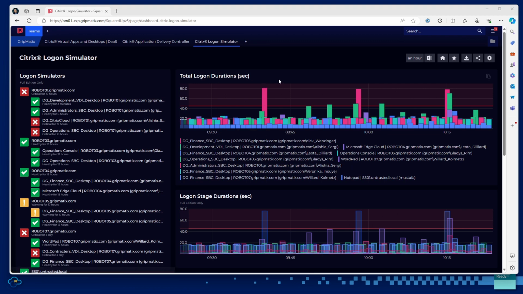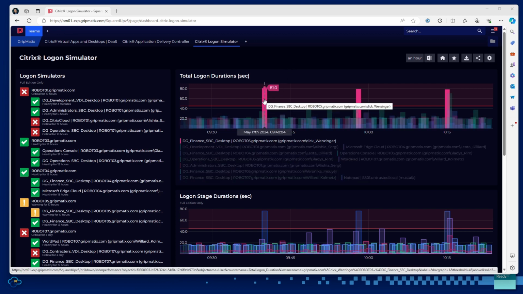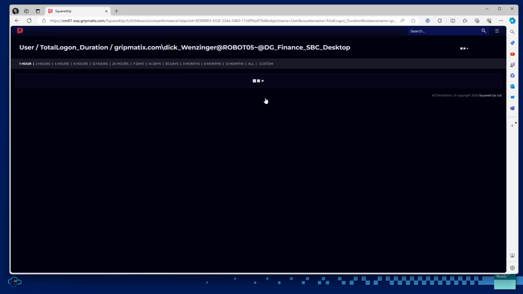And as you probably noticed, in this particular widget, you can see that there are apparently a few logons that have pretty high logon durations compared to the rest of the logons. And I can hover over this particular logon duration, and I can see the details regarding this logon duration. So I can see for which resource and for which user that logon is applicable. So from here, I can drill down